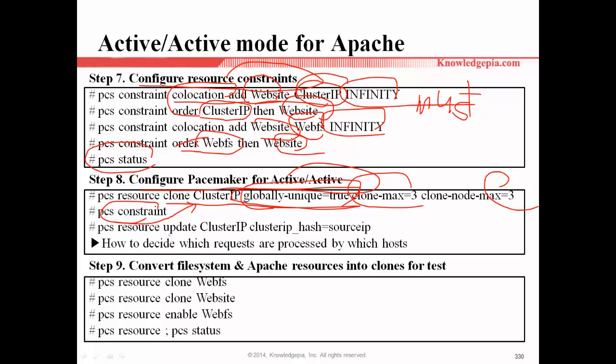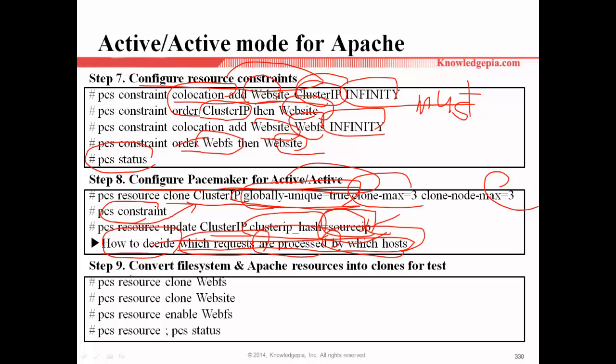After that, resource update the cluster IP, with hash set to the source IP. It means using this command, we can tell the cluster, the CMAN especially, how to decide which requests are processed by which host. In this case, we have to check the source IP address. Using this source IP, we can make these decisions.